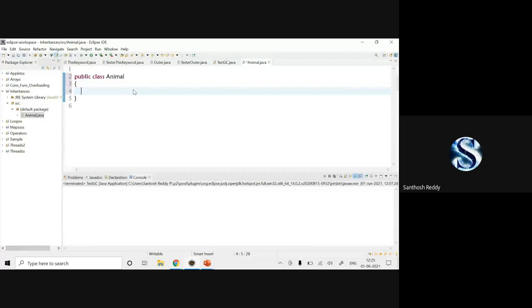See, Animal is the generalized thing. Under animals we have a dog, lion, duck. All these things come under animals. So first I'll generalize the class Animal.